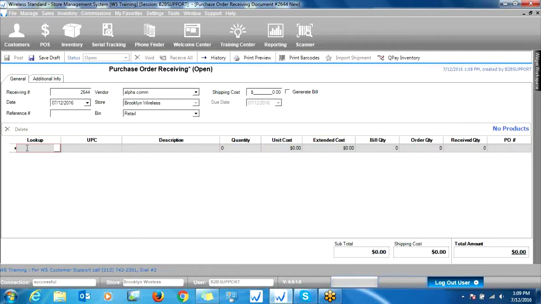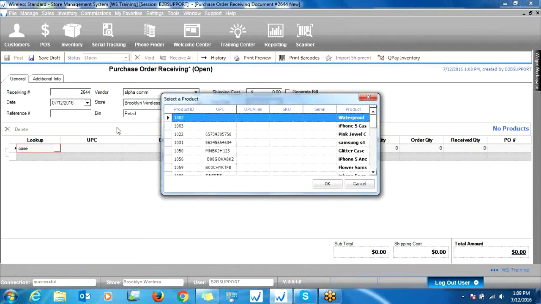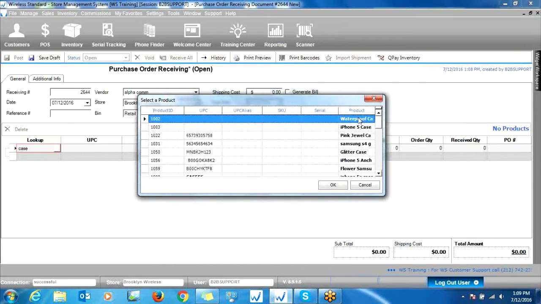But for instance, let's say we can do a keyword search. Say we want to put in a case, an accessory item. So we can type in case and then enter. And then we can see all of our cases will pop up for us, and we can actually hover over to see the full name of the case and double click whichever case we'd like to put in. Again, you can always scan the UPC and it should populate right in here for you as a line item. And you can even search by your product ID number here when you get more